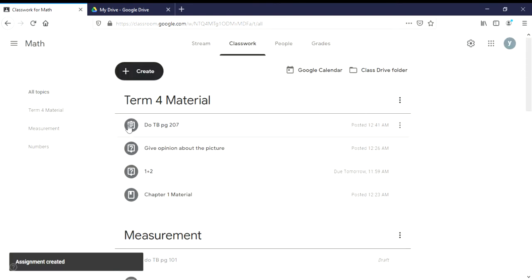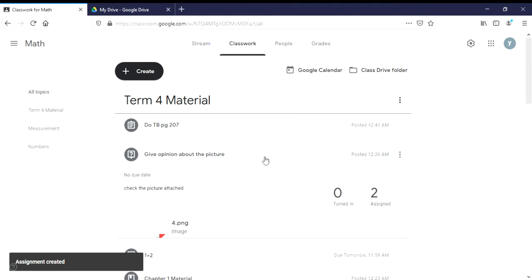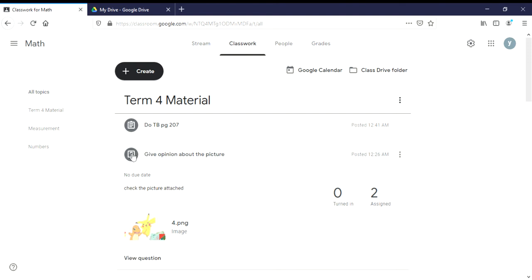Okay, before we continue further, the difference between this assignment and the question is that in the question type of assignment, the students will be provided with a space for them to answer. If it's a short answer, they will be provided with a space. If it is multiple choice, they will be given the choices that they can choose.